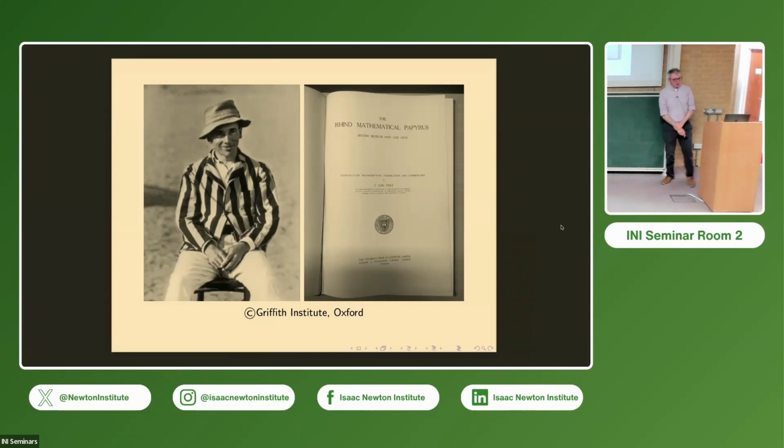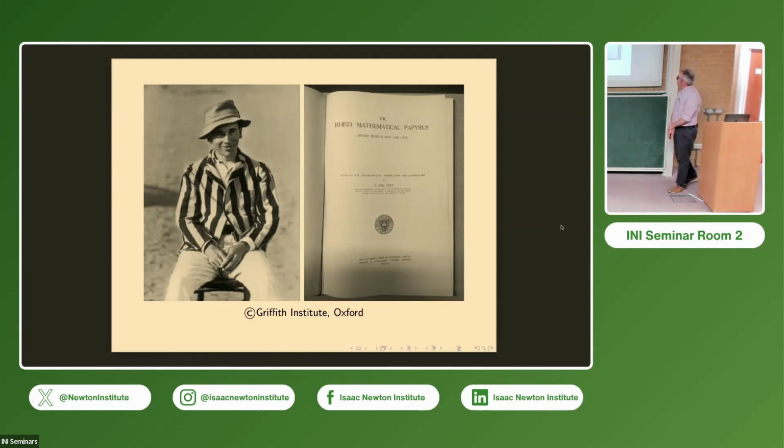That led him into an archaeological career, but by the beginning of the 1920s, he's shifting away from excavation and reinventing himself as a philologist. And he produces editions of various different ancient Egyptian texts, and the Rhind papyrus is one of them. And I think the Egyptologists have spent much of the 20th century saying, oh, well, Peet studied mathematics at university, that's why he was able to do this. I think that's not quite true, because anybody who'd done mathematics at school could understand the mathematics of the Rhind papyrus. It's really not that complicated, but it does seem to signal that he had an interest of some kind in mathematics, which most Egyptologists weren't bothered about.